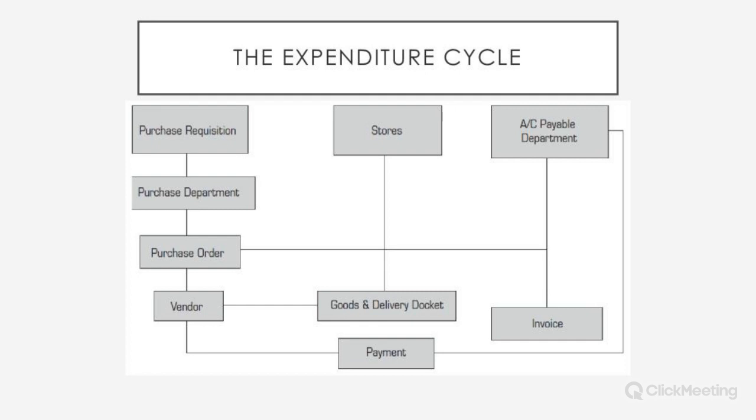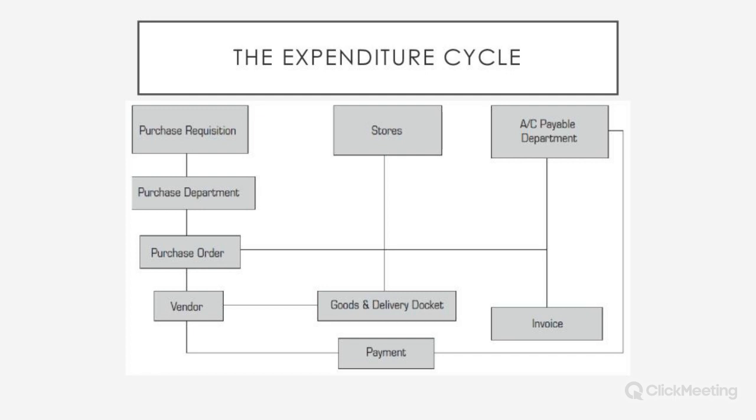The vendor will send the goods and the delivery docket to the stores, or wherever the business has requested the goods to be delivered. At the same time, the vendor will raise an invoice that will be sent to the accounts payable department of the business. Against it, the payment will be made,